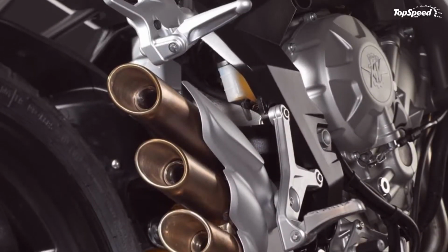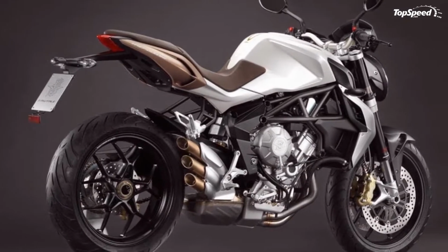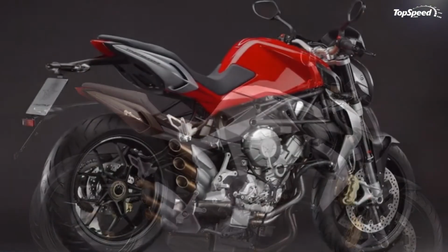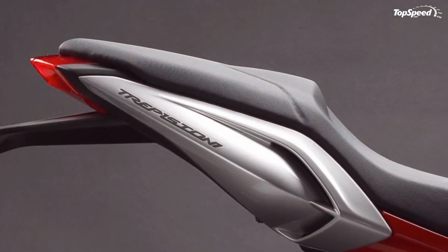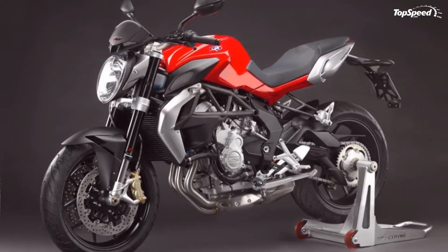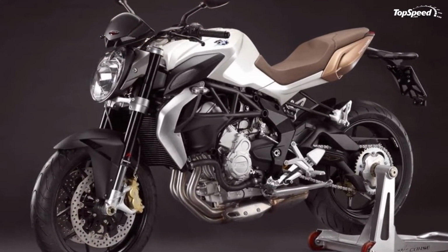Thanks to this configuration, the 3-cylinder is an engine capable of taking on city traffic as well as screaming up your favorite mountain road. As with the F3, the Brutale 675 utilizes a counter-rotating crankshaft, which has only been seen on MotoGP motorcycles. This important design feature helps the Brutale reach previously unreached levels of dynamic balance and ease of handling. The compact dimensions and reduced weight of the engine place it at the top of the naked category and make the MV Agusta Brutale 675 truly unique, destined to become a milestone